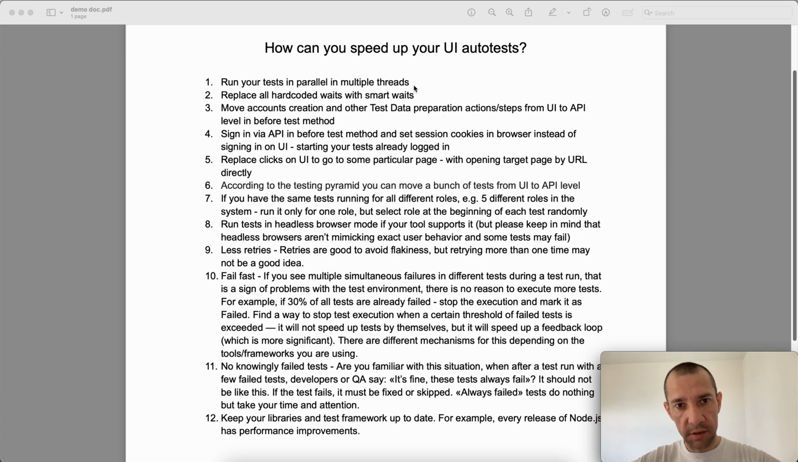First one, run your tests in parallel on multiple threads. You'll be surprised that not everyone is running tests simultaneously. A lot of people still write and run them sequentially, one after each other. So develop your tests keeping in mind that they should be independent, repeatable, and should be able to